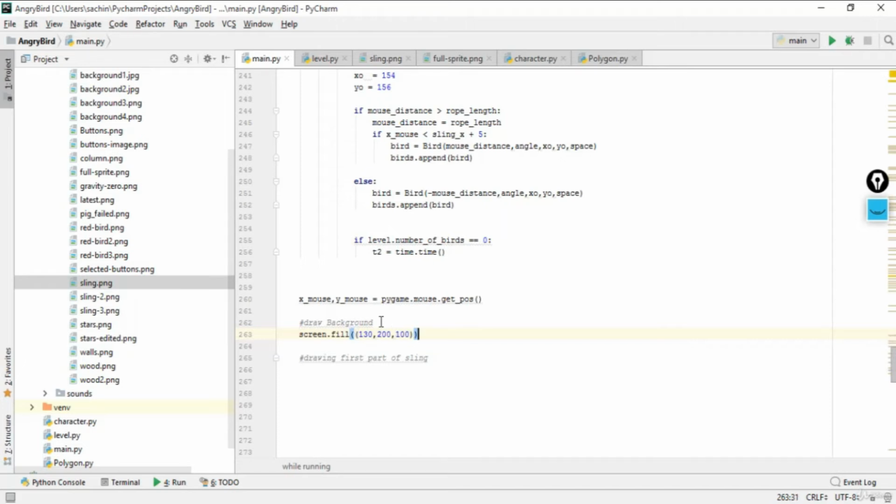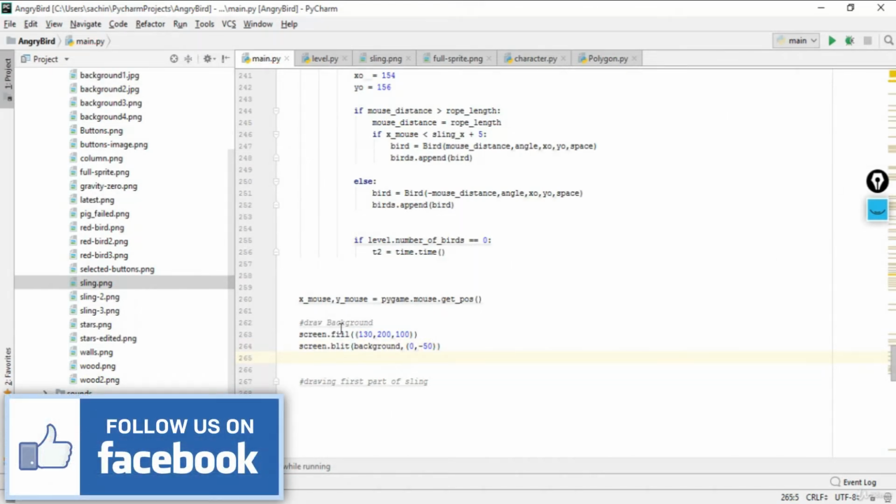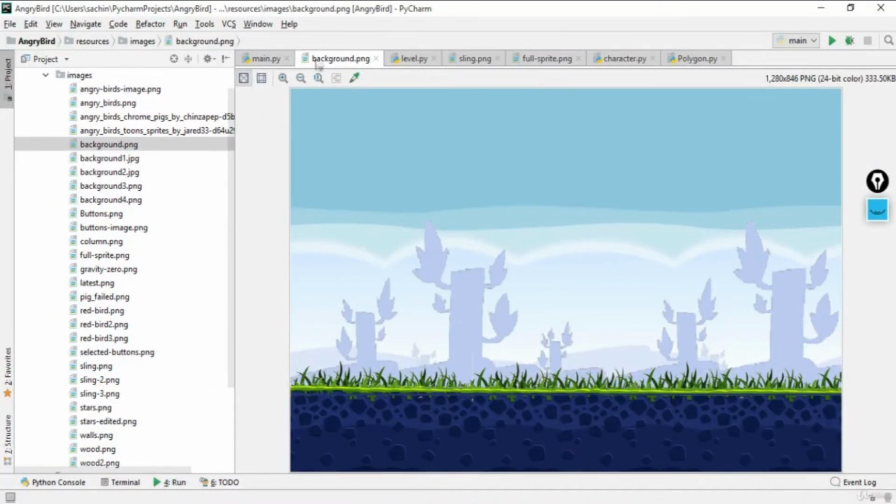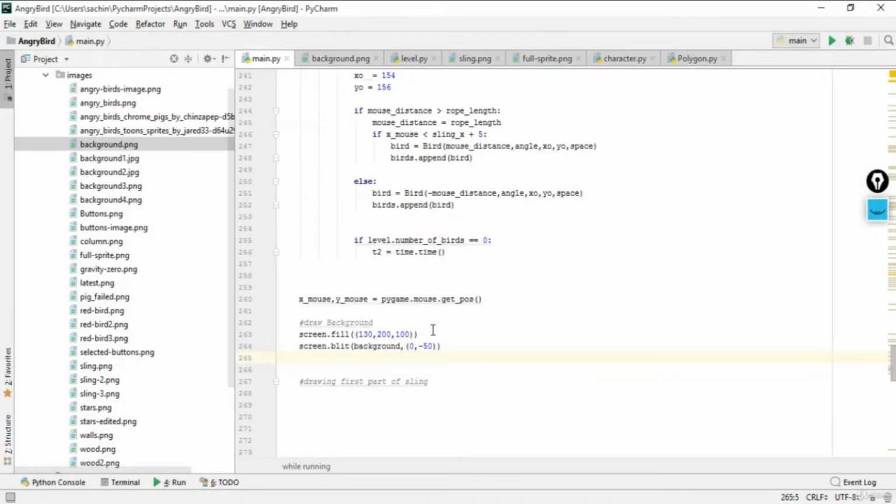So let's pass that, and after that you fill with the color. What you're gonna do is, we'll just blit now, blit. And what should you blit with? So we'll blit with this background, and there should be two here, so there is not only one background. After this, the background should be blitted at 0 comma minus 50. So this will be the position to blit this background. You can check this background will be blitted, and after that what you're gonna do is,